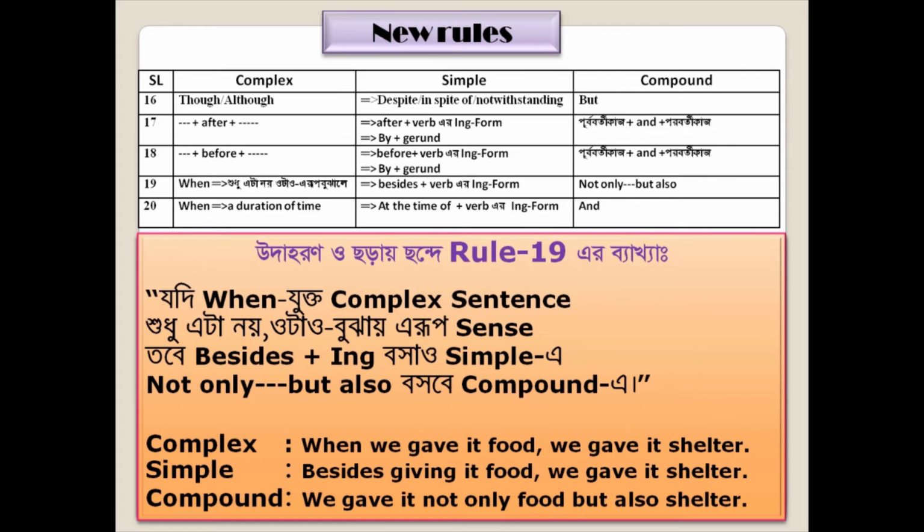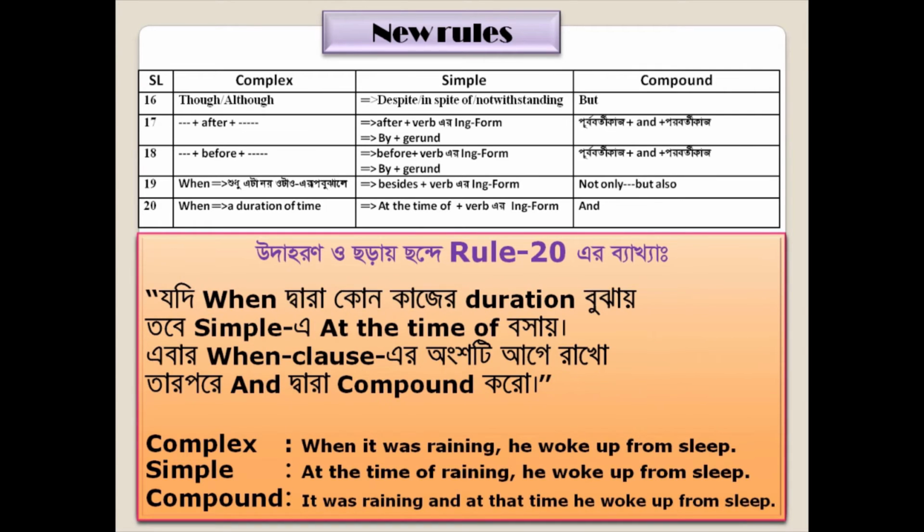Rules number 20. When there is when in complex, অর্থাৎ কমপ্লেক্সে যদি when থাকে এবং এটা যদি a duration of time বুঝায়। In simple you will have to use the time of plus ভার্বের ing form, and in compound you will have to use and, অর্থাৎ যদি when দ্বারা কোনো কাজের ডিউরেশন বুঝায় তবে সিম্পলি অ্যাট দ্য টাইম অফ বসায়।